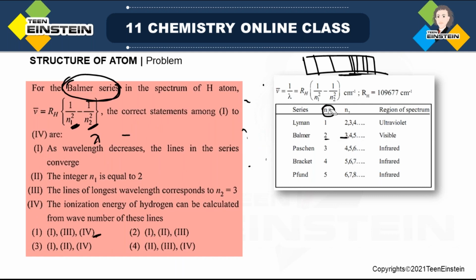So the last statement is saying the ionization energy of hydrogen can be calculated from the wave number of these lines. Now, ionization energy means what? For hydrogen there is only one level occupied, right? That is, only one electron in 1s. Even if other energy levels are present, there is no electron in them. Now ionization energy, if you consider the definition, is the minimum energy required to remove the valence electron, in this case